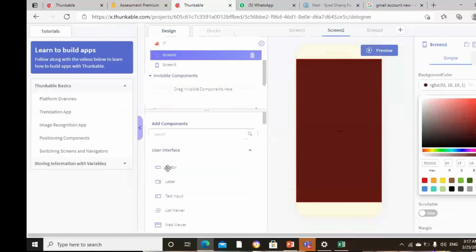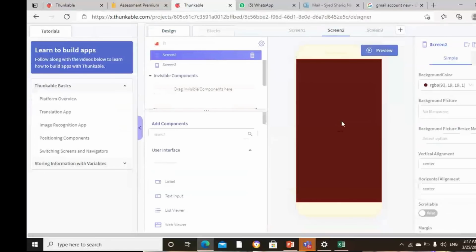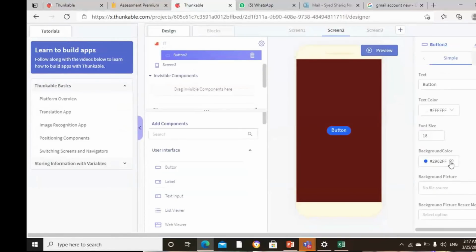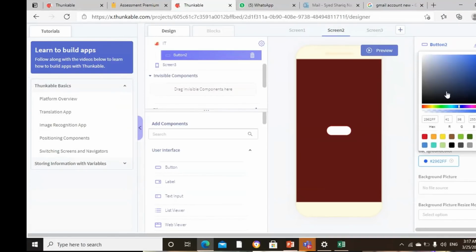Again, I take one button on screen 2, drag and drop. Okay. I change the background color of this button because the last one was blue, so I changed this one.